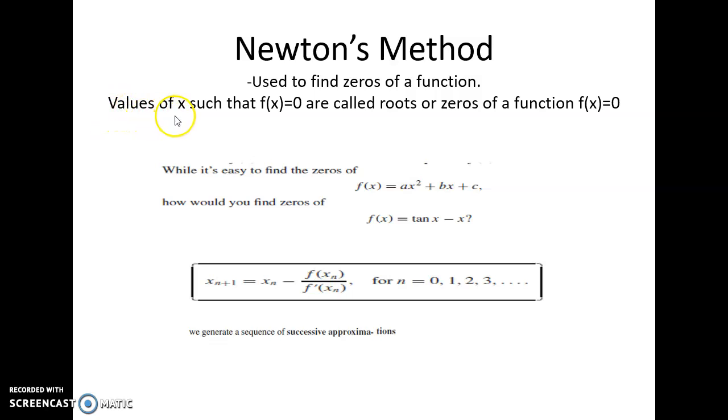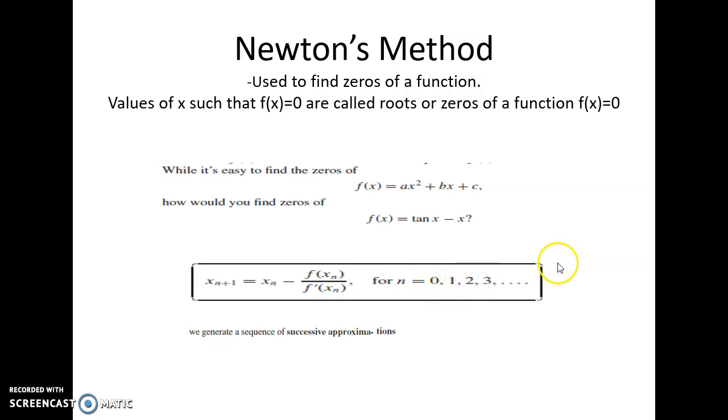The values of x such that f(x) is equal to 0 are called the roots or zeros of the function f(x) = 0. So this is Newton's formula: x_{n+1} = x_n - f(x_n)/f'(x_n)